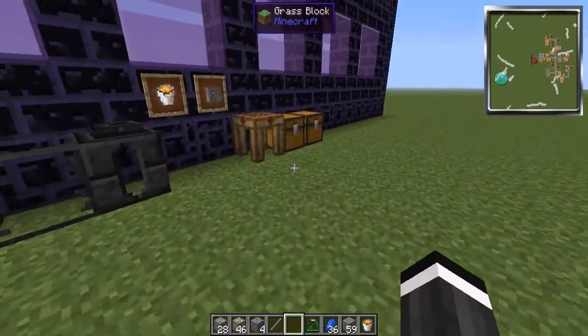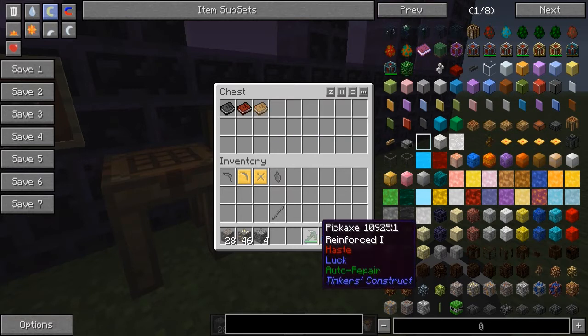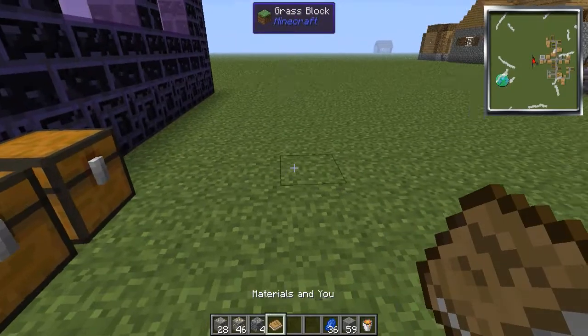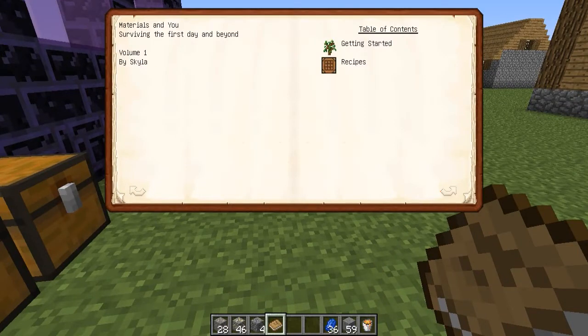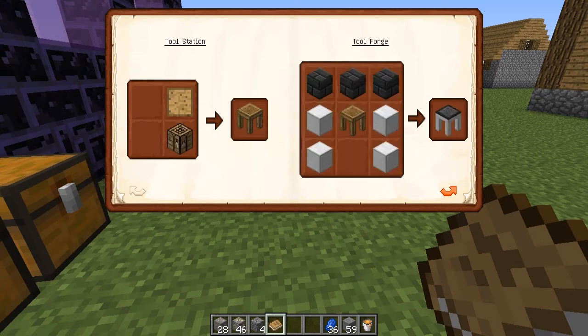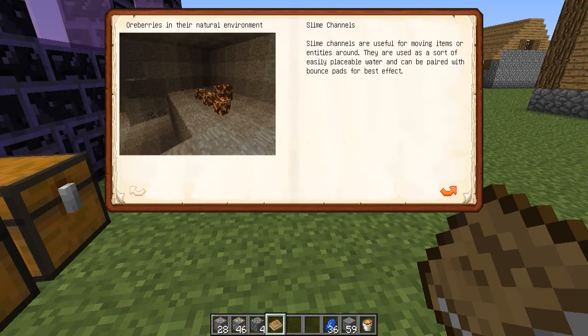Now there's one more thing I'd like to add to the end of this. No, 2 more. You get these books every time you start off a world. If you've got Tinker's Contract, you get materials and you. Now this is basically a little guide that tells you how to create everything and the things that you'll need for the rest of your